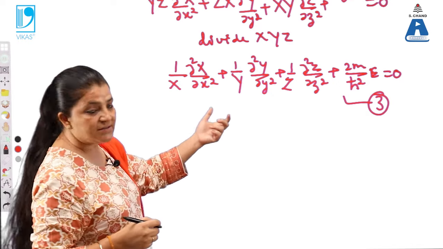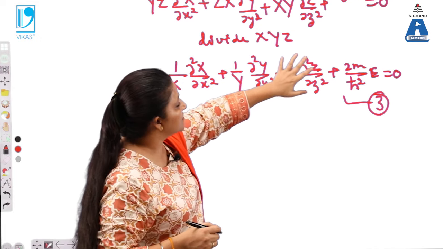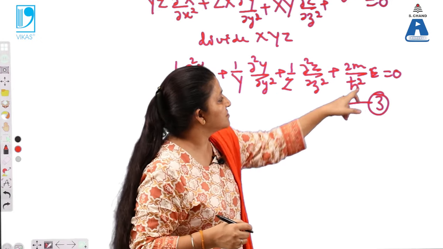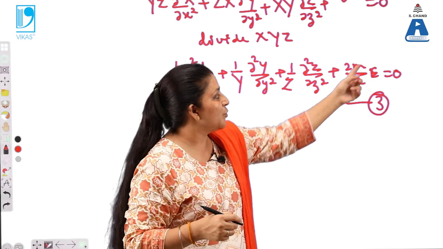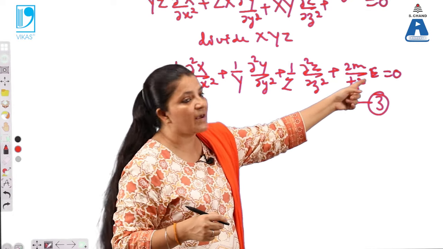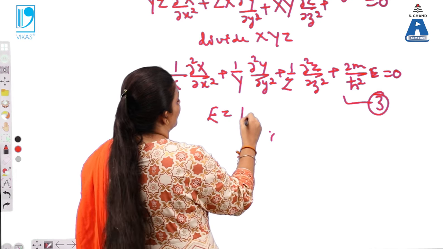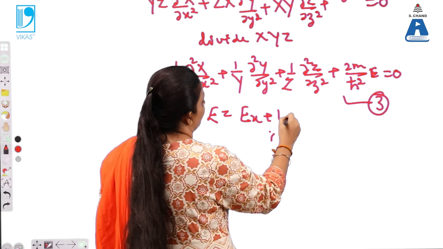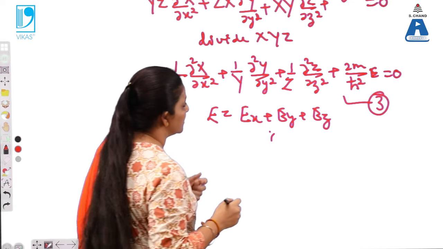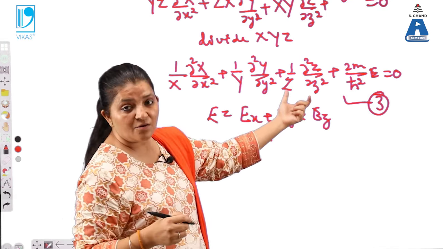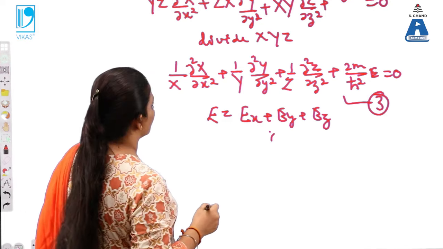So now you can clearly see that this part depends upon x only, this part depends upon y only, this depends upon z only, and this is the constant part over here. Here E is the energy eigenvalue which contains the component of energy along x axis, y axis and z axis. That means E can be written as a combination of x, y and z. So again separate out the x, y and z components, then we will get here, on separating the components,